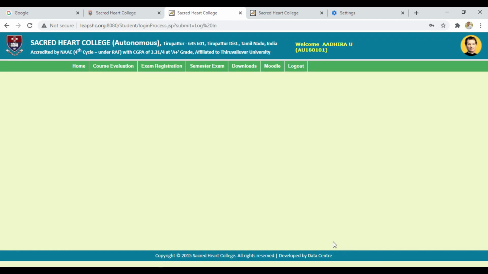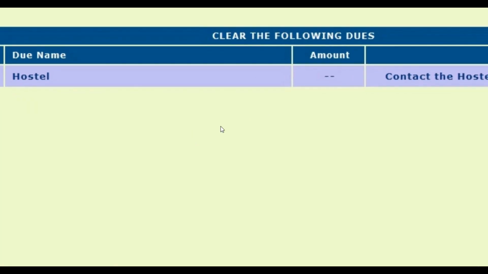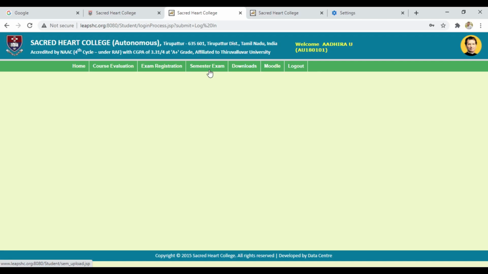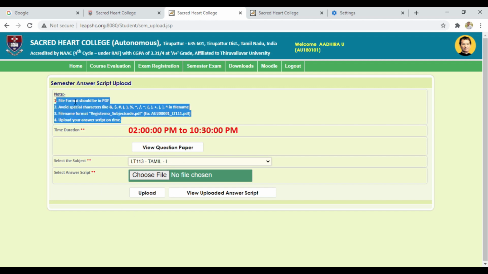Now the next window will open where you will find the option semester exam. Please click it. Suppose if you have any college dues, then you will not be able to write the semester examination. Therefore, kindly clear all the dues before you log into the semester examination web page. If you do not have dues, then when you click the semester exam icon, you will see several important instructions